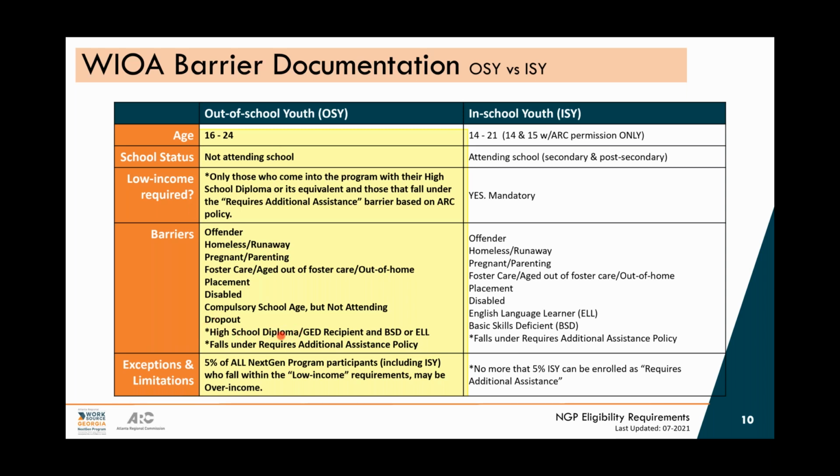However, one of the main WIOA barriers for out of school youth is saying if you have your high school diploma already, then you must also have these other things, including income verification, because there's an asterisk there. So someone who comes into the program that doesn't qualify under any of these other barriers would then have to prove that they're low income. If they have their high school diploma already, you're assuming under both of these they might have it, because if not, they would be a dropout. So they already have their high school diploma, then you need to go on further to prove that they might be basic skills deficient or an English language learner. If they are not basic skills deficient, then you may have to go further to prove that they can fall under the RAA policy.